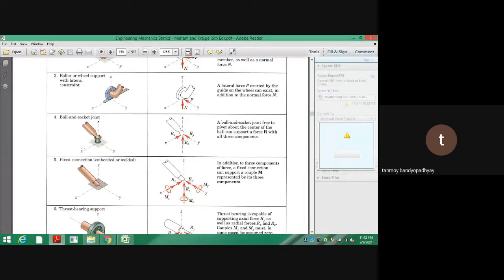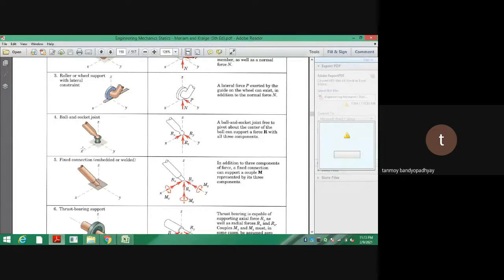So that is why you won't be having MX, MY, MZ. But it's resting on the surface in the X, Y, and Z plane. So that's why there will be reactive forces RX, RY, and RZ. So what we discussed at the point A, as you can now understand. At point A, since it was a ball and a socket connection, we had AX, AY, AZ, but we didn't consider MX, MY, and MZ.